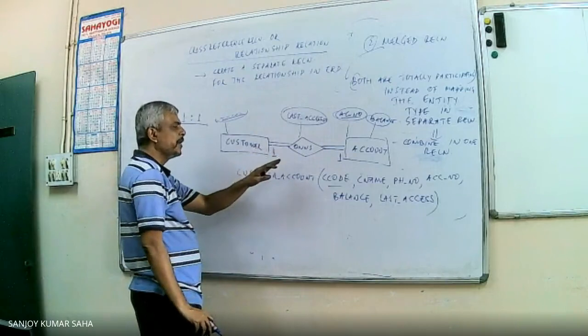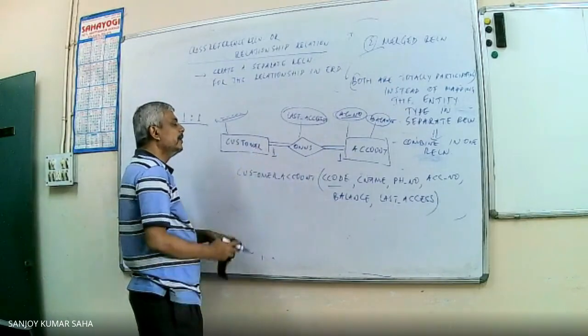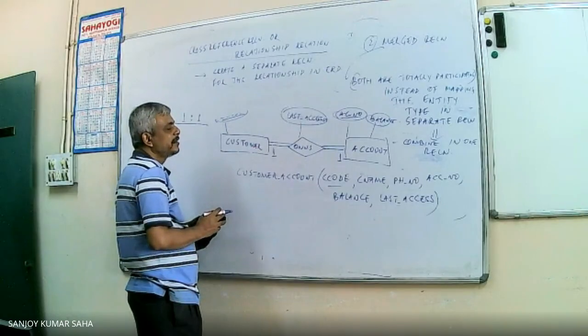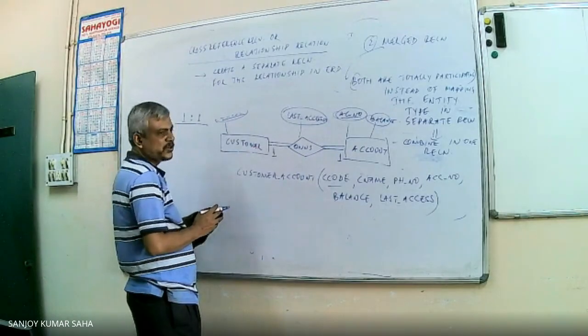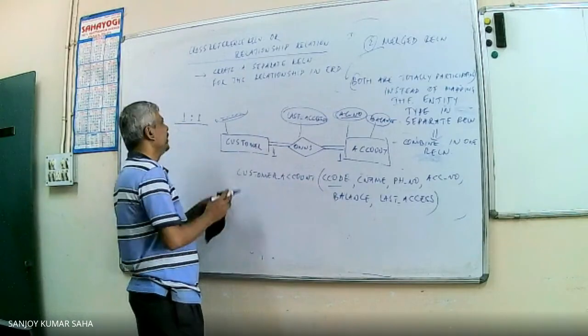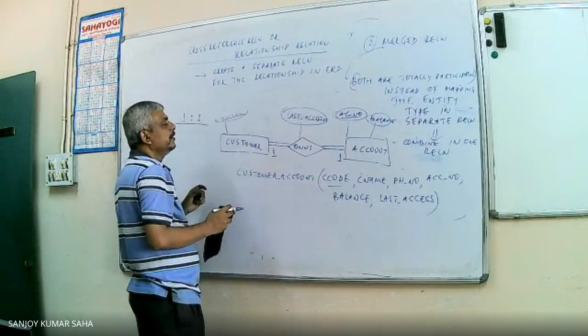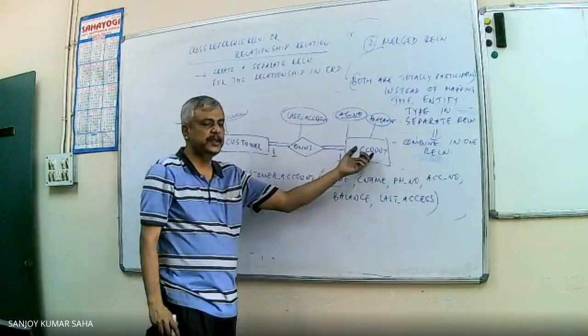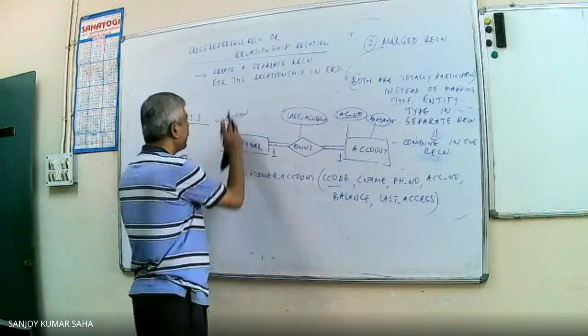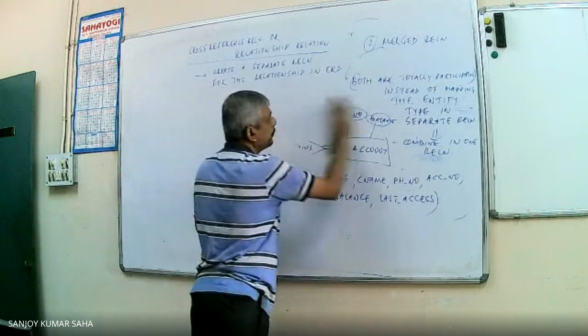Say in this situation, it may not happen. If it is so that both are partially participating, in this case, obviously in the bank, we cannot have any account without the customer. So it will not happen. But theoretically, suppose